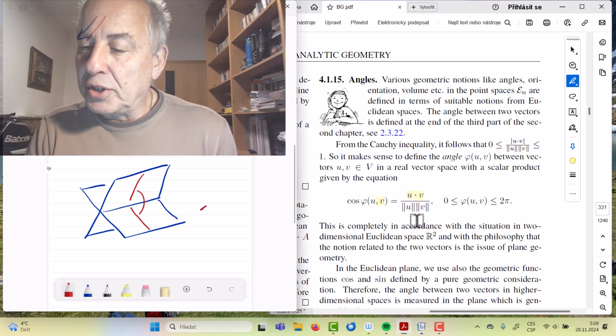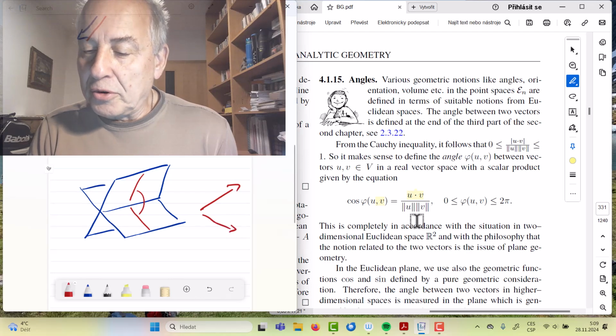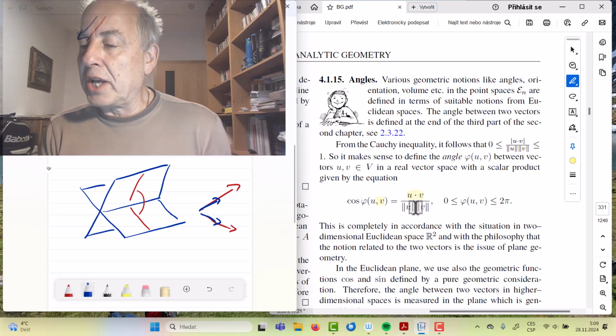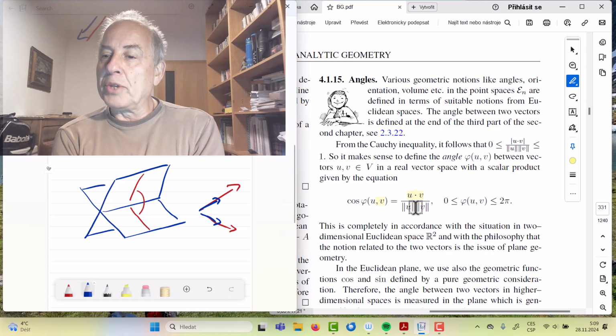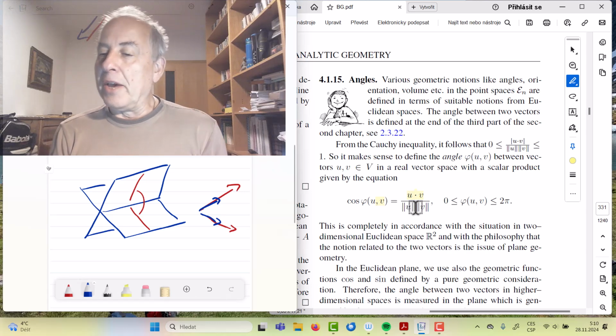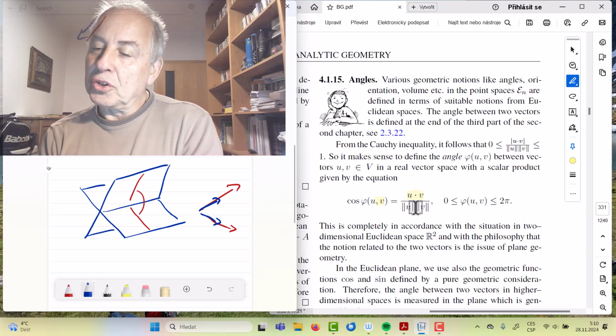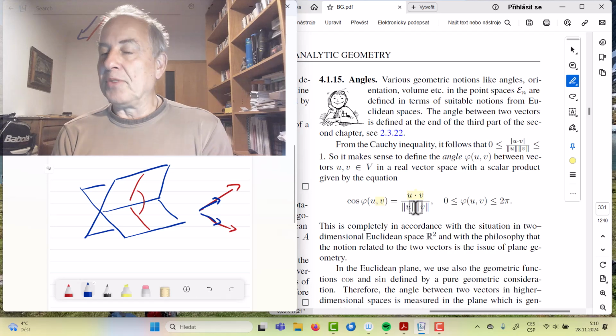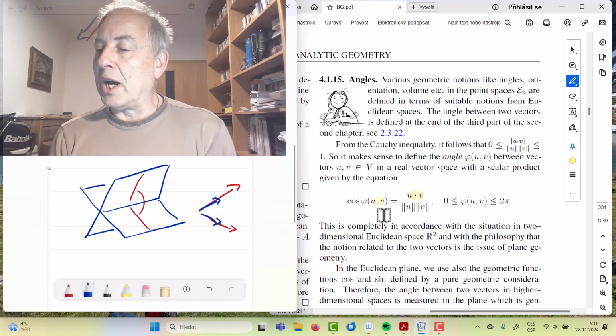So what we do is we take the two vectors, we first cut them to be of unit length, and then we look at the scalar product. And if the scalar product is 0, then it means it's perpendicular. That corresponds to the cosine being 0. If it's collinear, so just the same two vectors in the normalized form, then the cosine will be